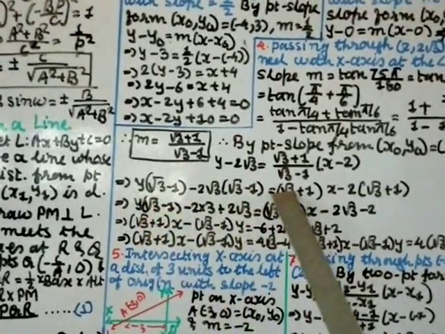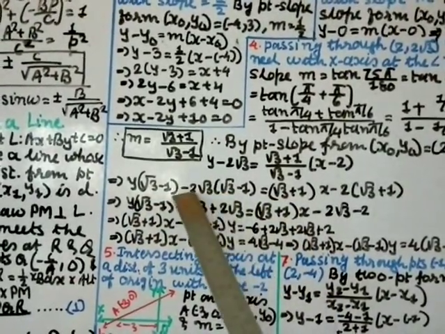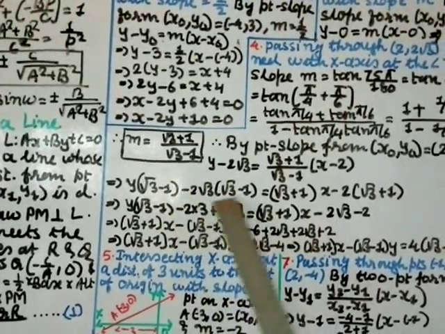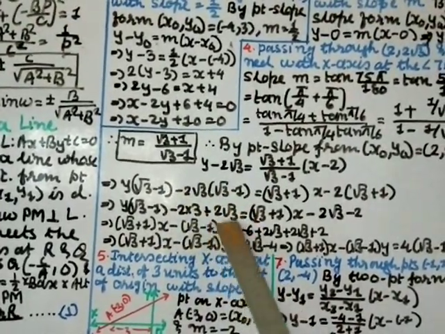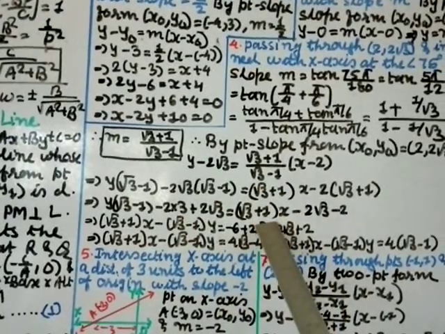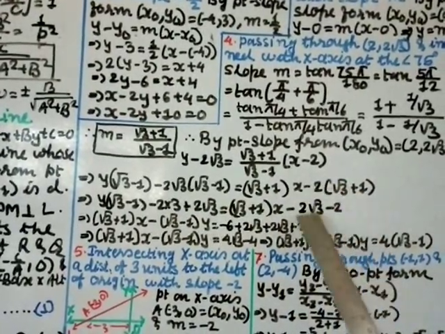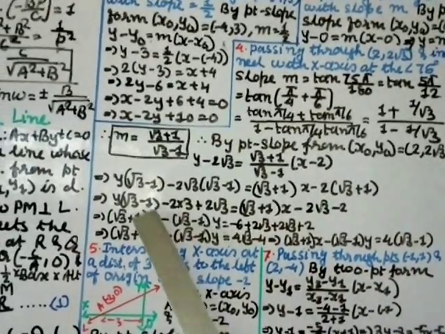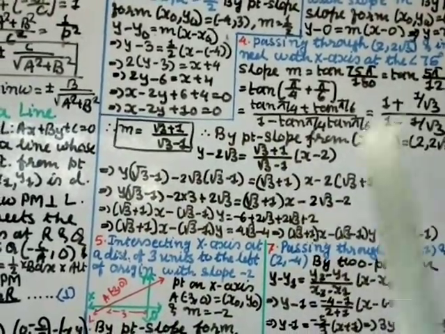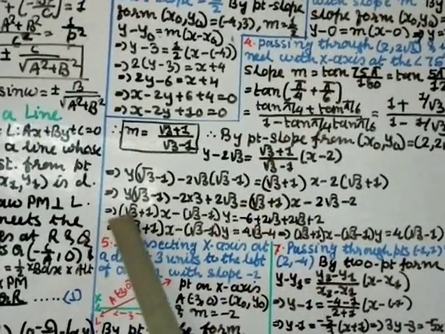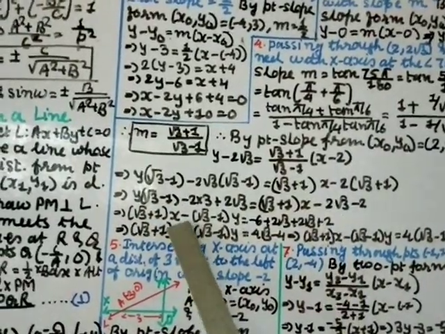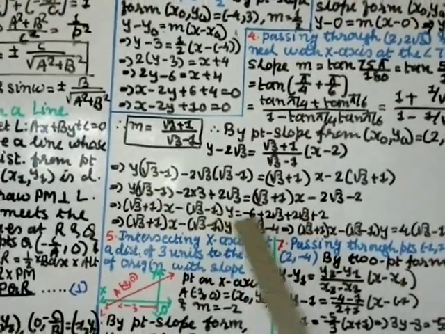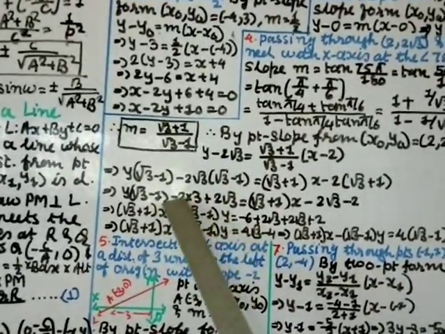So this as it is, this as it is, this you multiply. So 2 root 3 into root 3 is 3, and this is negative. Minus and minus plus, 2 root 3 into 1 is 2 root 3 but positive. This as it is, this also multiply. So minus 2 root 3, minus and plus minus, 2 into 1 is 2. Now this I am transferring here and making negative. So this I am keeping here, root 3 plus 1 x, and this transferring, making it negative, minus root 3 minus 1 y equal to 2 into 3 is 6, but it is negative.